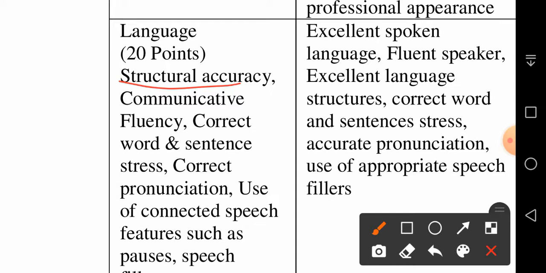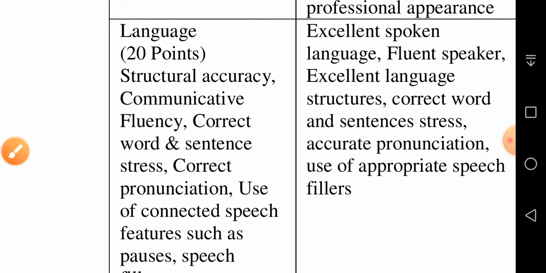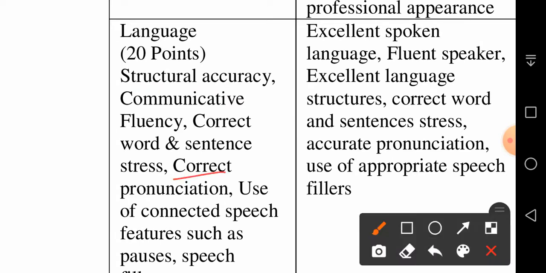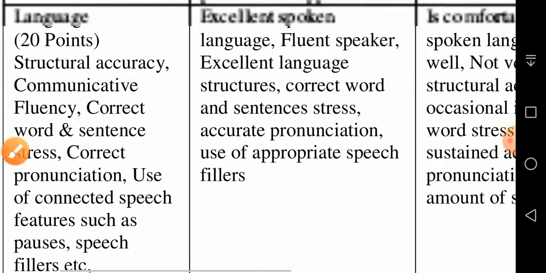Your presentation should look like a presentation, as if you were talking to an audience. It should not be just slide reading. So correct word and sentence stress, correct pronunciation, use of long vowel sound, short vowel sound, silent letter, etc. Use of connected speech features such as pauses, speech fillers, etc.